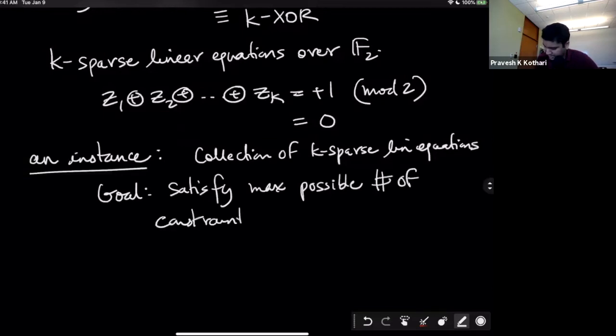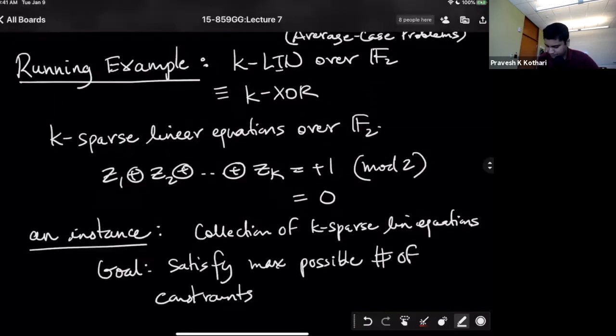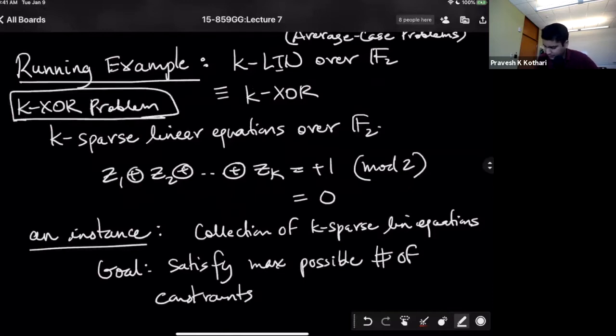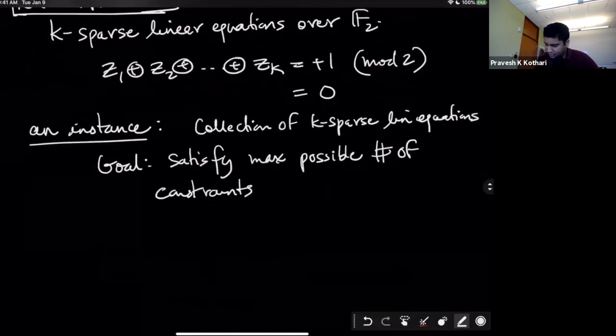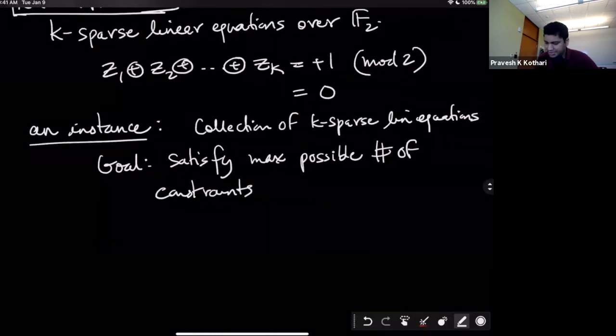Okay, so this is it. This is the k XOR problem or k-lin problem. But before going ahead, let me make a notational switch